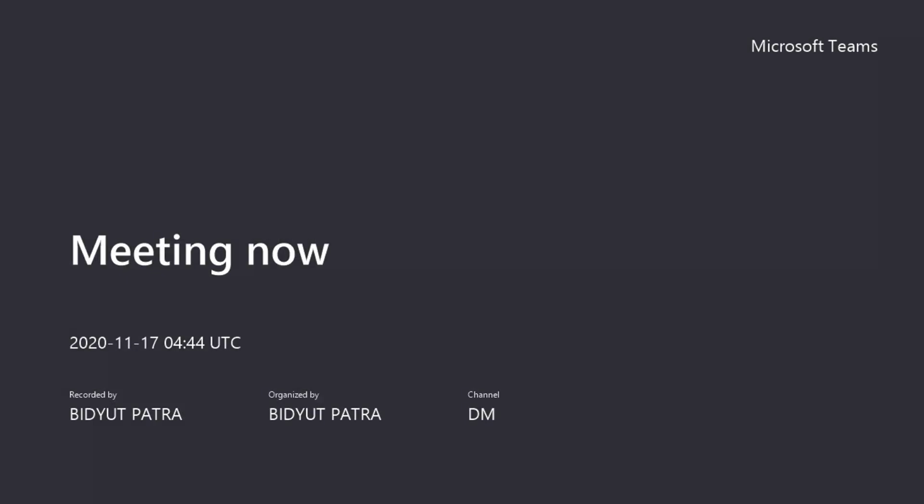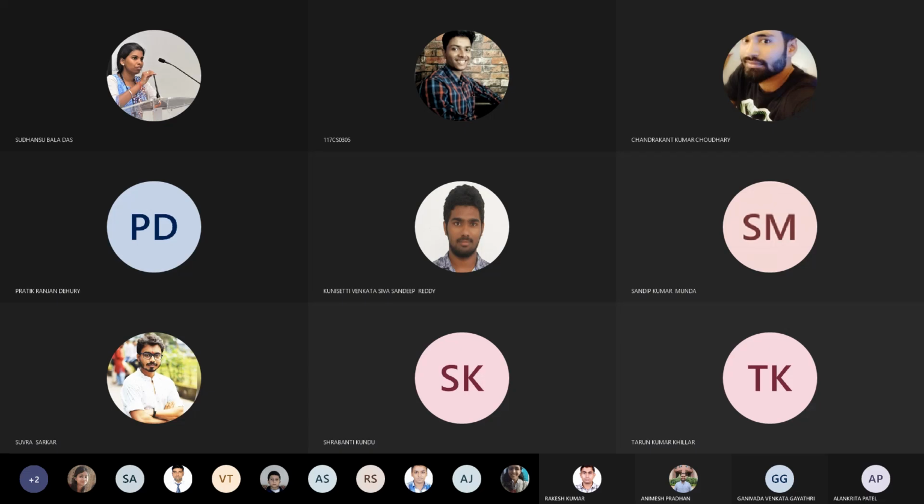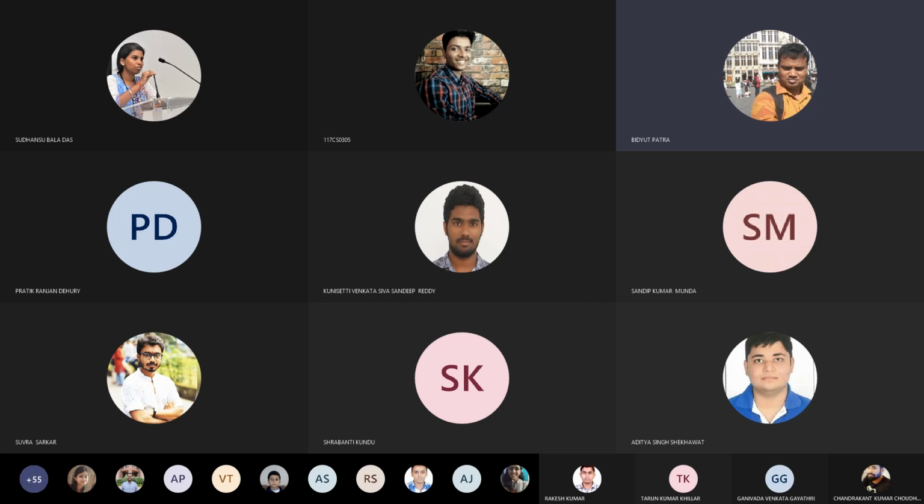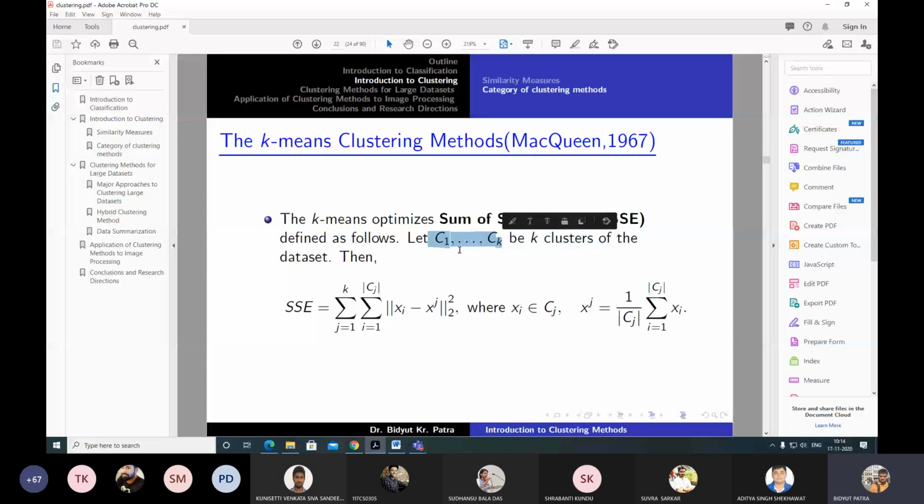Then for each cluster you need to compute the error and then take the sum. So that is something called the sum of the squared error. Now how is it defined in the case of k-means? The output of a clustering approach is a set of clusters, C1, C2, up to Ck. So let's say k is the number of clusters. Actually in k-means, k is the number of clusters that should be provided by the user.